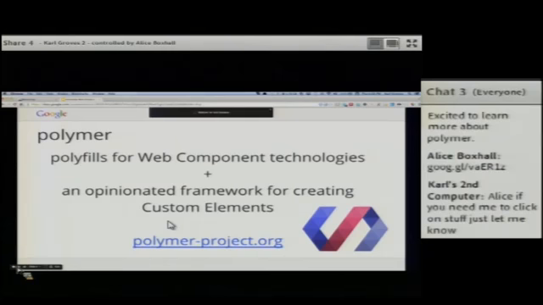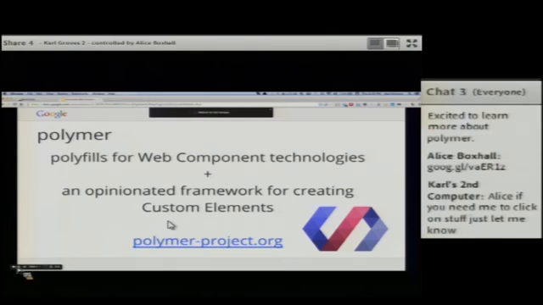But first, I'm going to briefly introduce Polymer again. So Polymer is a collection of polyfills for the web component technologies that are still being implemented in browsers. The idea being that we polyfill each of these technologies, and then as the browsers implement them, that polyfill just goes away. And so the Polymer platform library just shrinks and shrinks and shrinks over time. So right now in Chrome beta, you don't need the Shadow DOM polyfill at all. So Shadow DOM is on for everyone in Chrome Beta. That'll be coming to stable sometime soon.